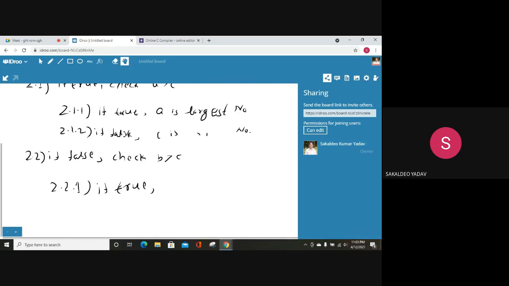If this one is true, you can say that B is the largest number. Print it. But if this one is false, 2.2.2: A is greater than B is false, that means B is greater than A, but B is not greater than C. So by default, C will be your largest number.